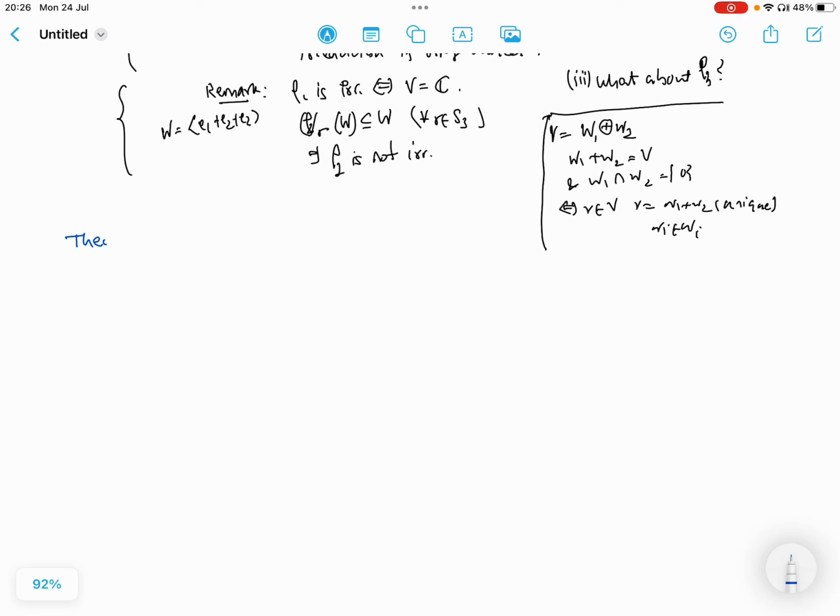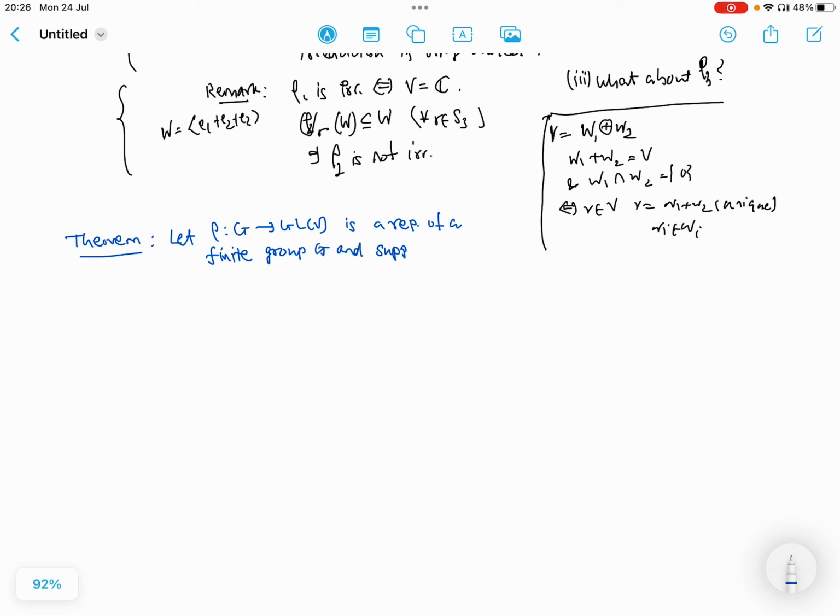Here, let rho, V be a representation of a finite group G,